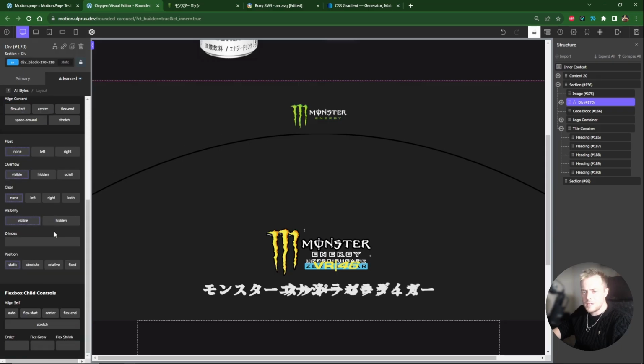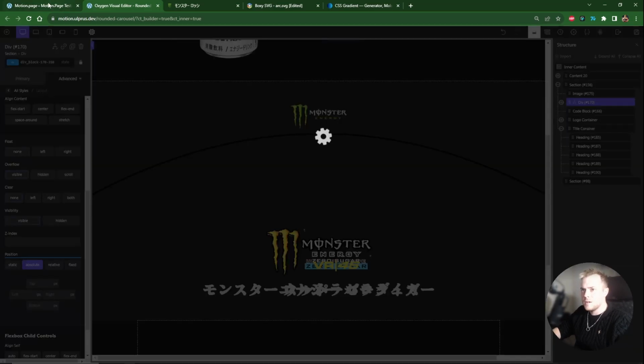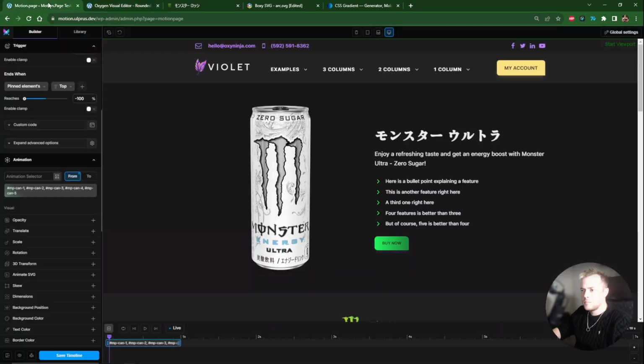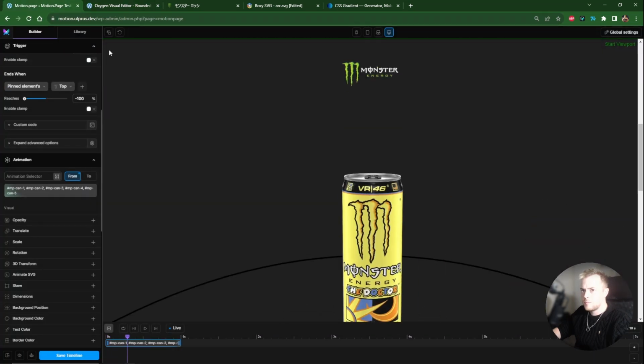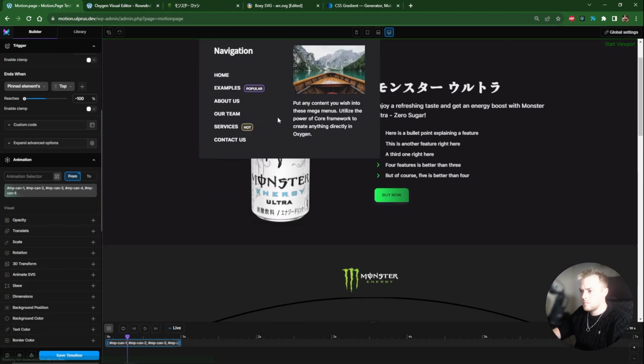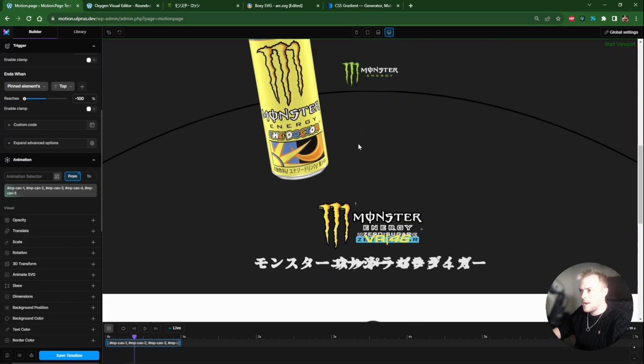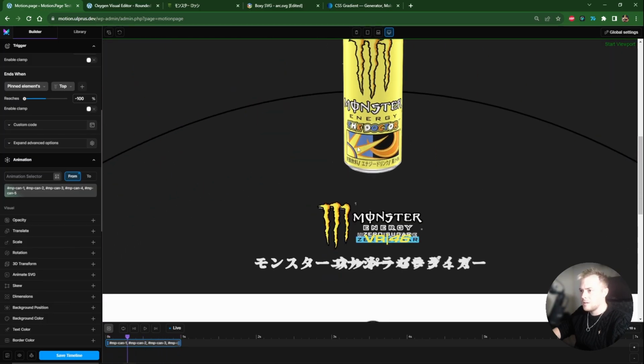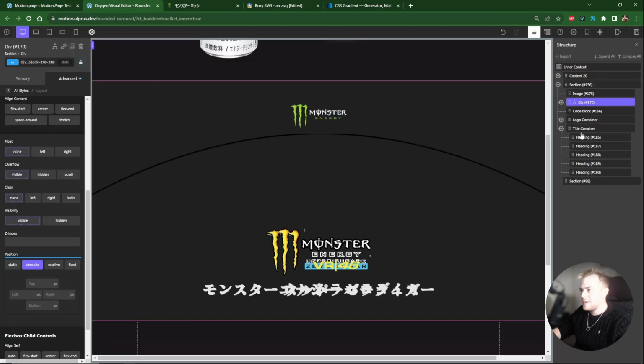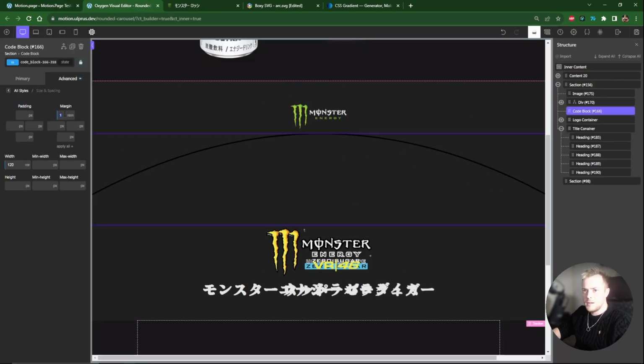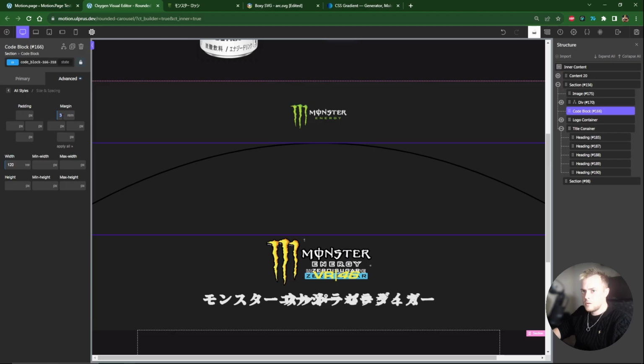So if I go to layout here and go to absolute in Motion.page, that should get rid of the huge space. I'll refresh this. Yeah, there we go. So now you can see we're getting something that looks much better. Now let's try again with the margin spaces. Let's try